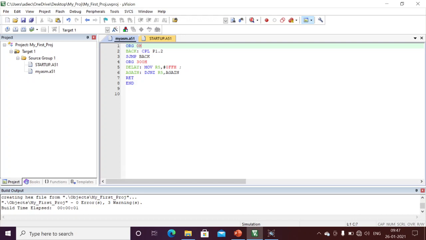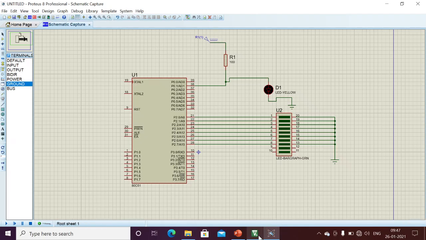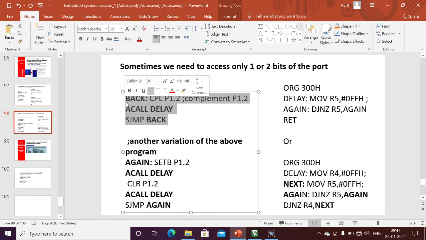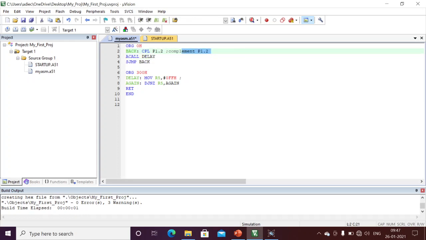Here I have just compiled. I am complementing this one, and I go back to here. We have the delay. Where is the delay function? I am calling 8 delay. Okay, it went to some other place. One minute. This 8 delay, I just copied it. Okay, 8 delay was here. This we need. Here this is my comment, complement 1.2, and this is my delay program.